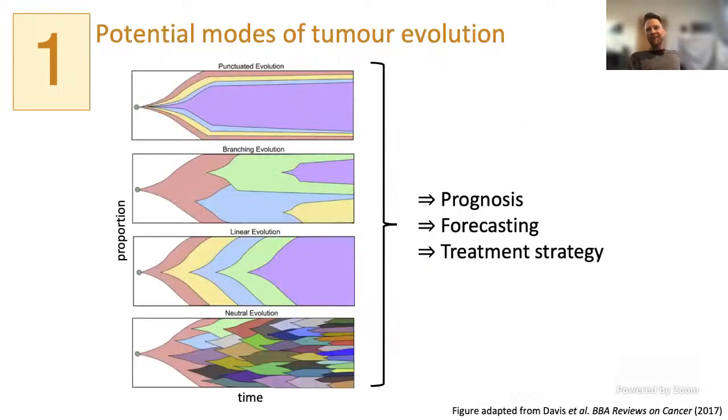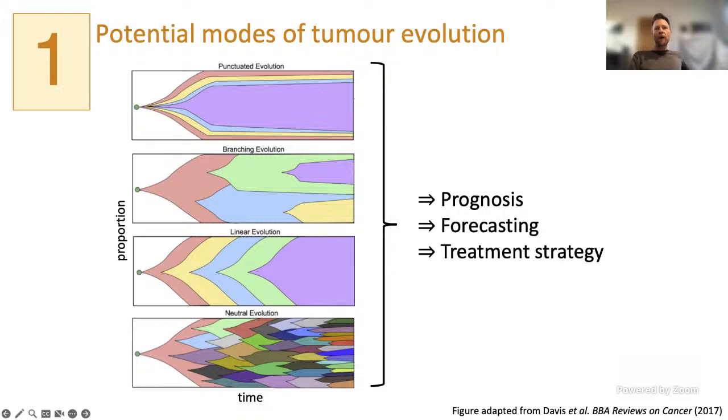And this is inspired by a figure that I used to start many of my own talks, which is a cartoon essentially from a review from a few years ago that was proposing different ways in which tumors could potentially evolve. So in these diagrams, from left to right, we have a progression of time, and from top to bottom, we have the proportions or the frequencies of different genotypes within the tumor. And these are different genotypes of interest. So not necessarily all the genotypes, but just whichever ones you most care about, the more interesting ones.